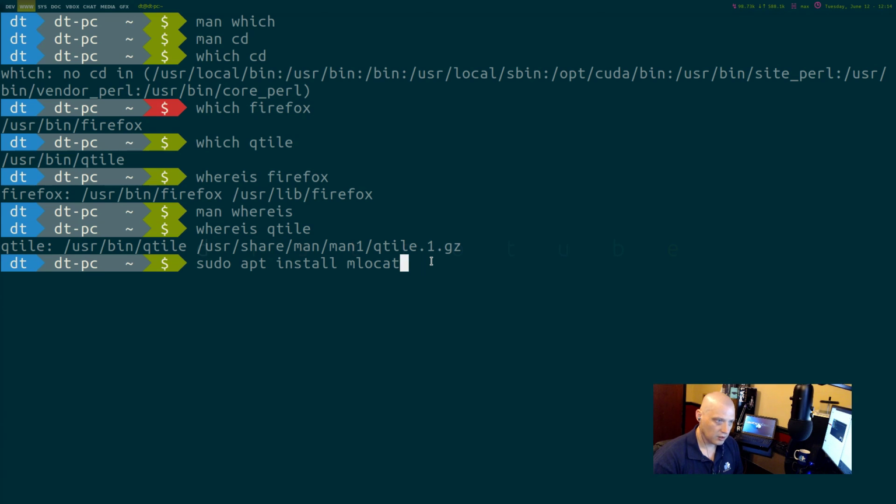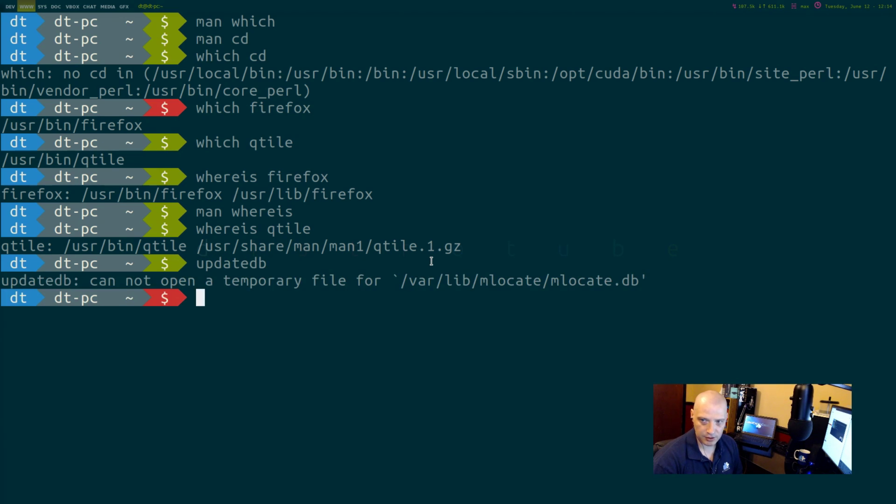Hit enter. It's a very small package. It just takes a few seconds to install. Once you have that package installed, you need to run this command, updatedb, for update database. You have to do it as sudo, so that's what this error was about here.